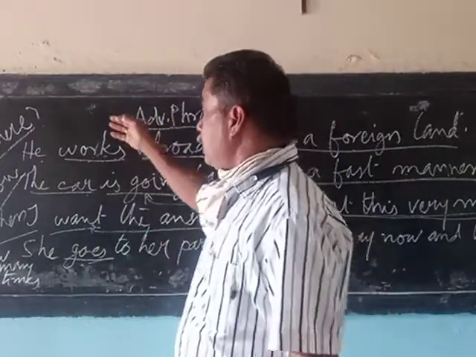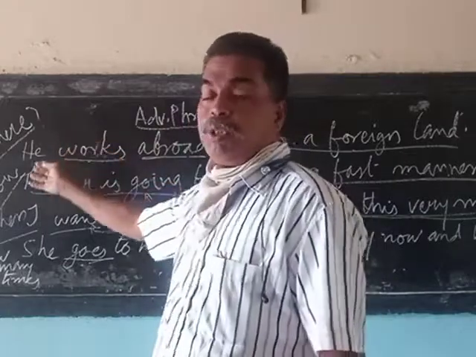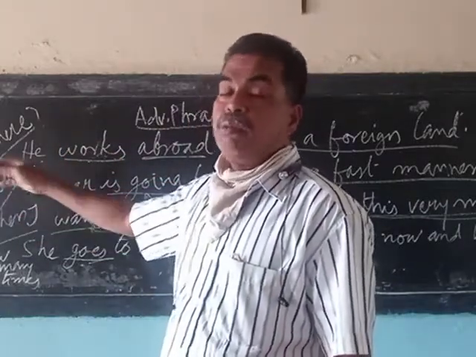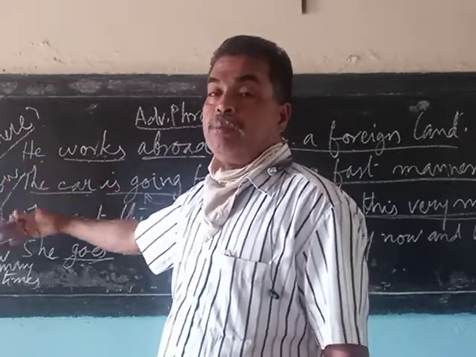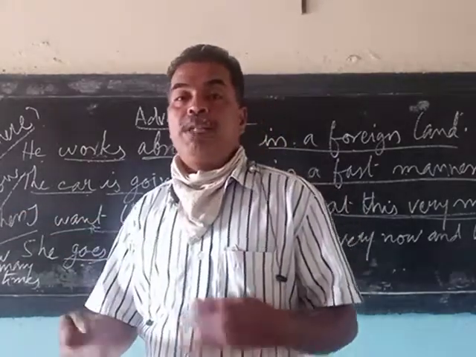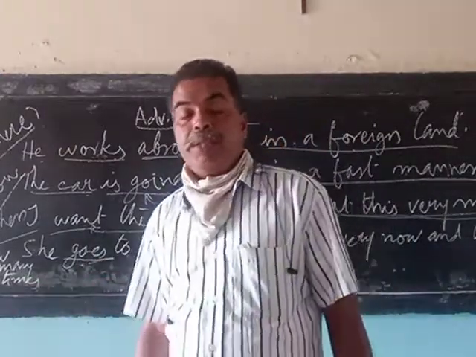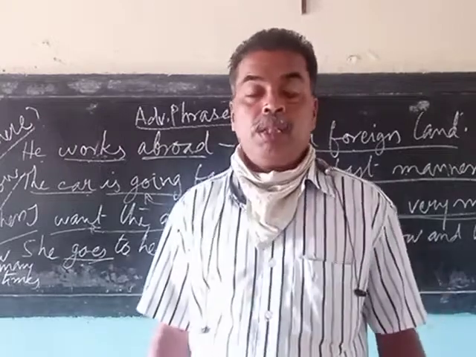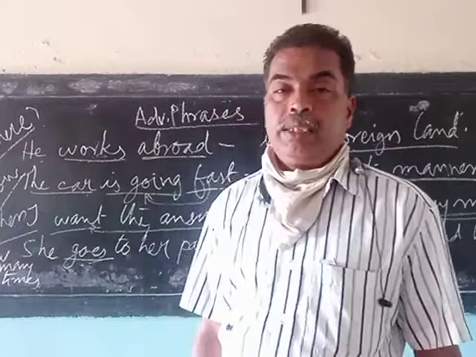There are various types of adverbs. A few of them we have seen here. If it talks about the time of action, it is an adverb of time. If it talks about the place of action, it is an adverb of place. If it talks about the way, the manner, the method, how it is done, then it is an adverb of manner. If it is how often, how repeatedly something happens, it is an adverb of frequency. So please learn them, go through the study materials that I have sent, and please do the exercises.